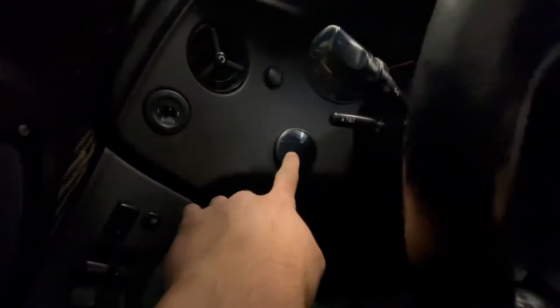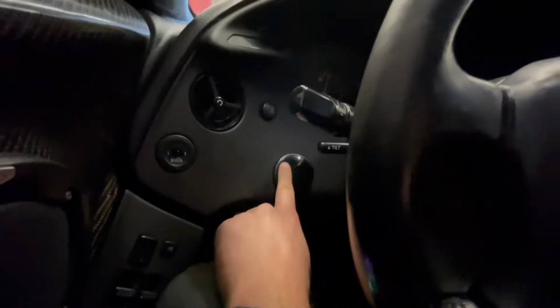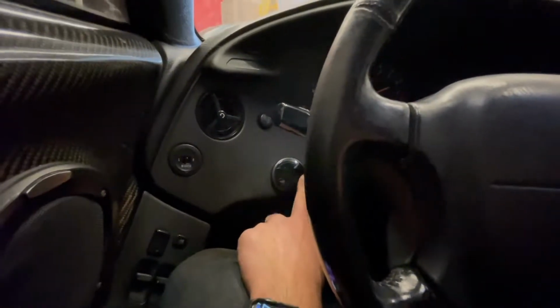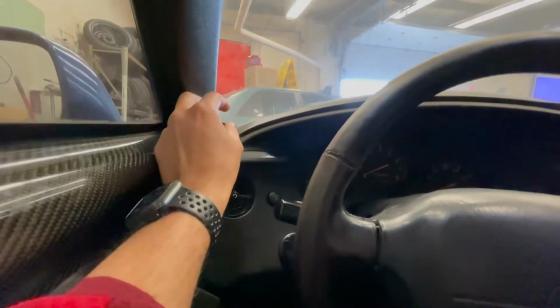I've got my Innovate fuel ratio gauge right here, kind of low key. I always like that spot. I just cut into the dashboard a little bit. If I went back in time, I probably would just put it right here and not cut into my dash,